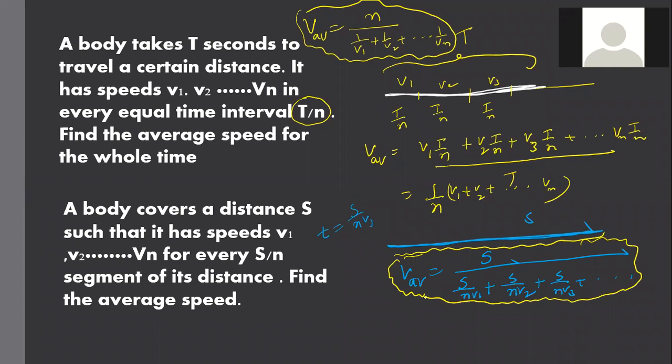Okay. Come on. Do you understand my point? If I made it into 2 halves, N will be 2. If I made that S into 1/3, 1/3, 1/3, N will be 3. Do you follow my point? If I make it 1/4, 1/4, 1/4, 1/4, N will be 4. So next time whenever it is given, I can write 4 by 1 by V1 plus 1 by V2 plus 1 by V3 plus 1 by V4. That is the answer. Do you catch the point? Yes, sir.